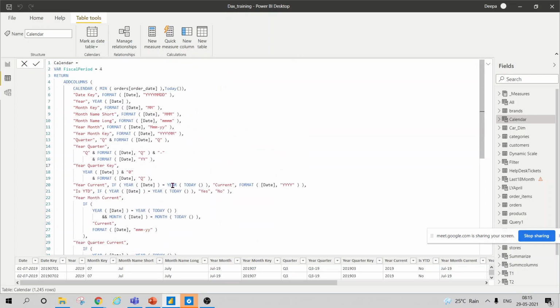Okay, so we'll start with this. We'll go one by one. I'll create a new table.